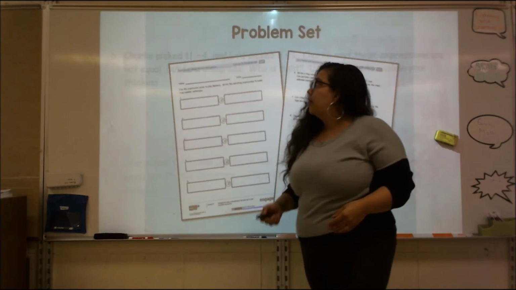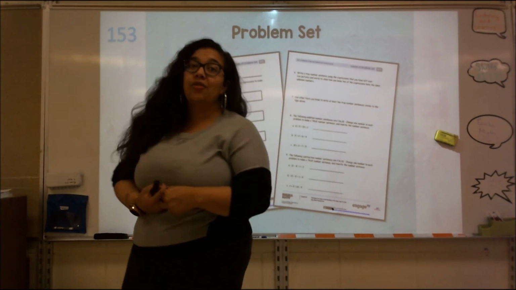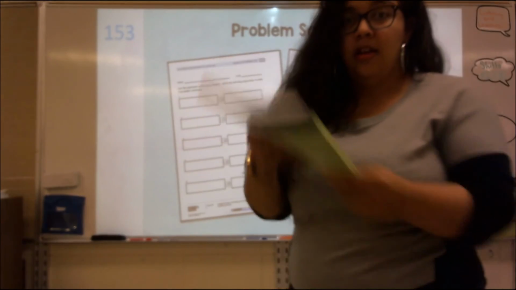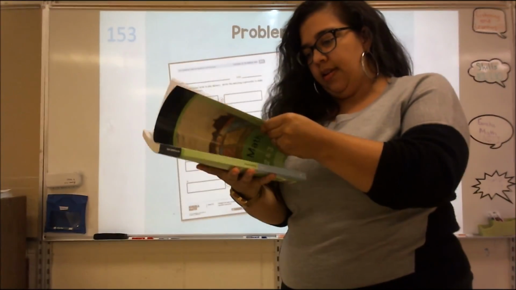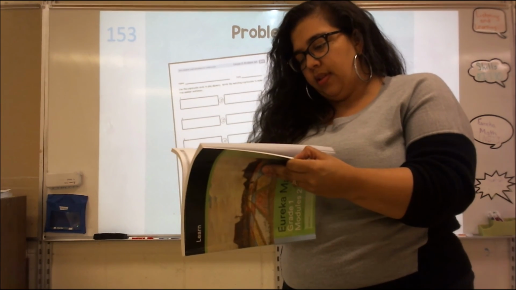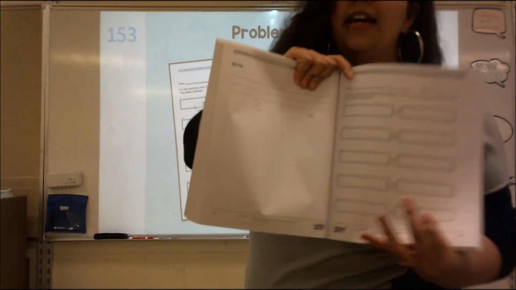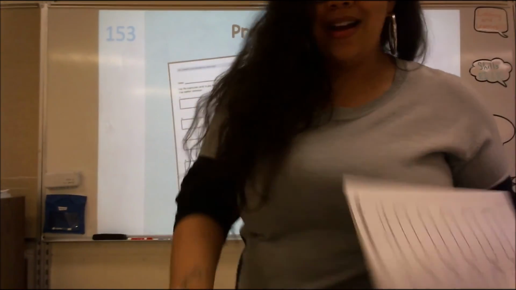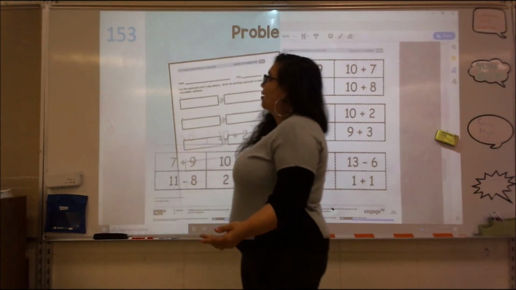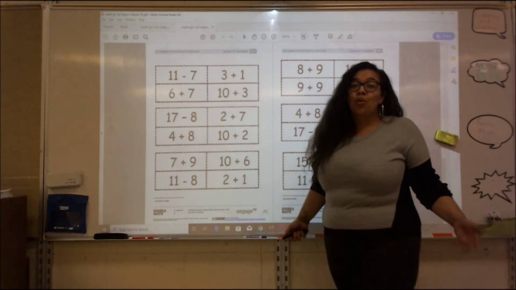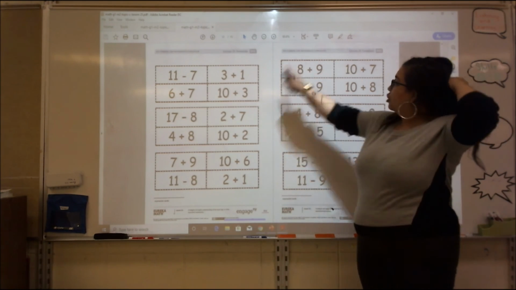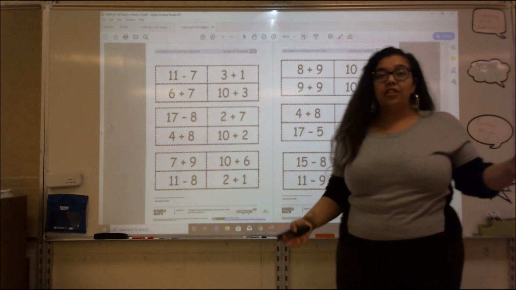All right, so let's get into what you're supposed to do today. On page 153, front and back. Now, if you just take a look in your Learn book at page 153, you might find yourself a little bit alarmed because there are no numbers. You also do not have on your person the cards needed to make the numbers. But guess what? I do. And what I've done on the next slide of the Nearpod is I've provided the number sentence you will need